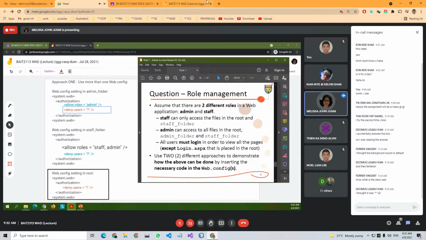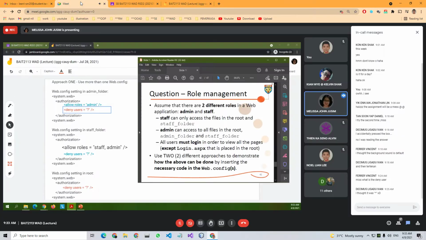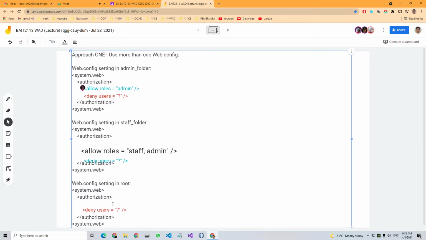For mine, instead of deny all, I put allow all users in my root web config. Need to allow all, then can deny anonymous. Because all users must log in to view all the pages.